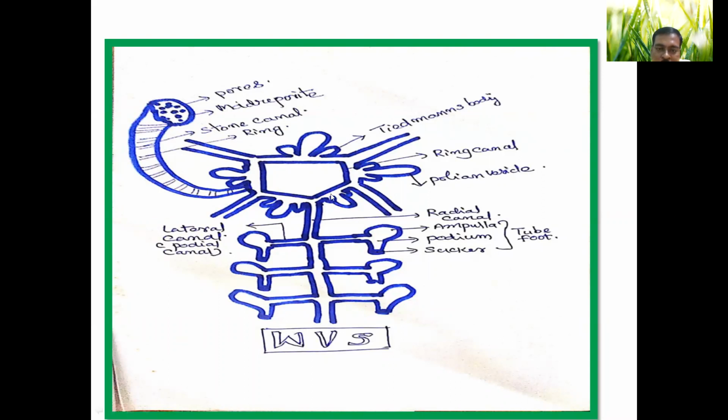Here, the pentaradial ring canal arises. It gives five radial canals. Here, the pentaradial ring canal also shows the Tiedmann bodies, nine Tiedmann bodies. These are small pouch-like structures, what you call the Tiedmann bodies, and we will see the five Polian vesicles. Polian vesicles are meant for the